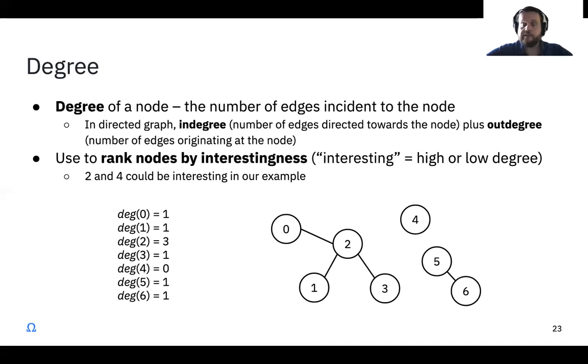They have lots of edges coming in. Whereas nodes with a very low degree are establishments that are not visited by anyone. So already this is an application of graph theory which is useful